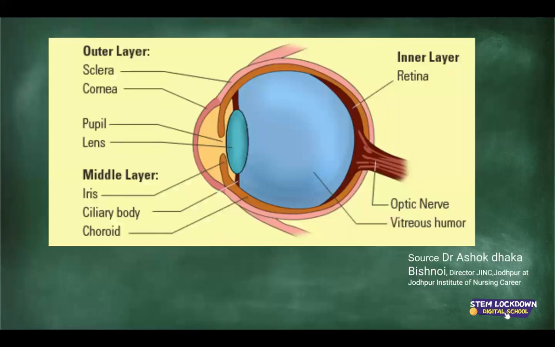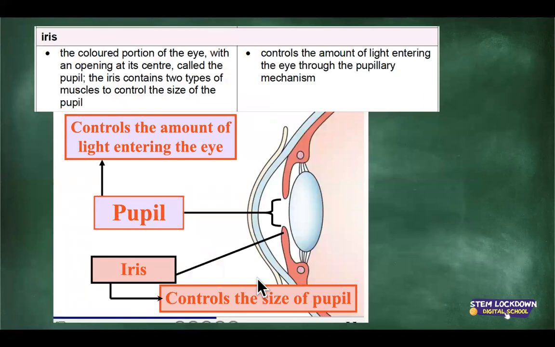Now we look at the middle layer. It consists of the iris, the ciliary body, and the choroid. So your iris is the colored part of the eye, and it's got an opening in the center called the pupil. The iris contains two types of muscles to control the size of the pupil. It can either contract or relax,